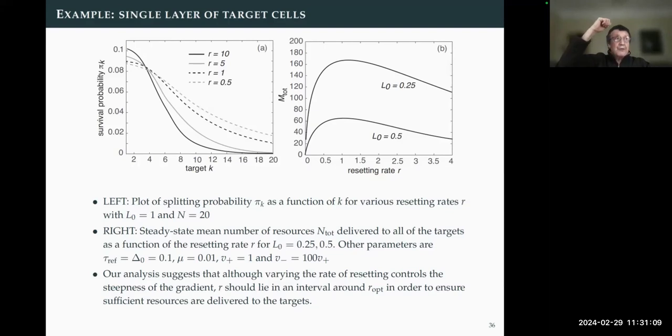In the case of diffusion-based morphogenesis, degradation is really the binding of diffusing molecules to the receptors on the target cells, whereas in the case of the cytoneme-based model, it's the actual utilization of resources by a target cell at the same time. And an interesting thing is, as mentioned before, the shape of the morphogen gradient is controlled by the resetting rate. So it gives you another potentially biophysical parameter that could be used to shape morphogen gradients.